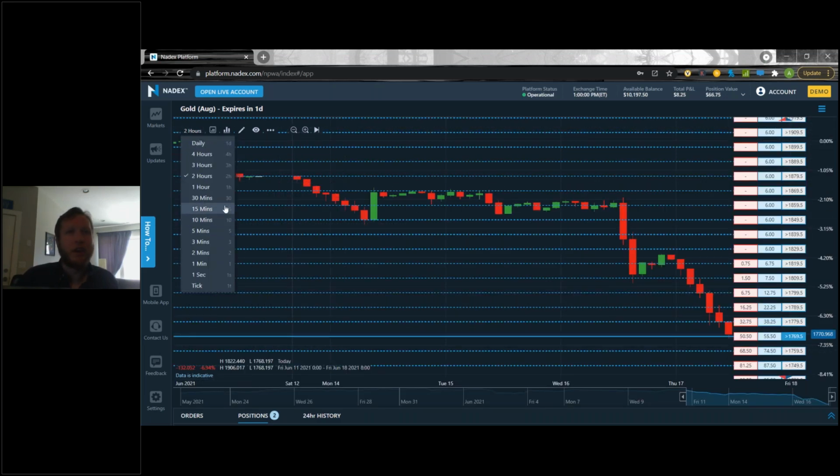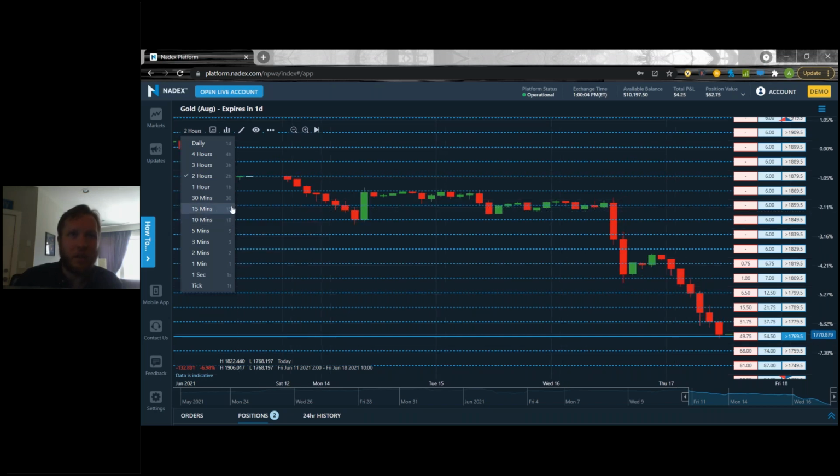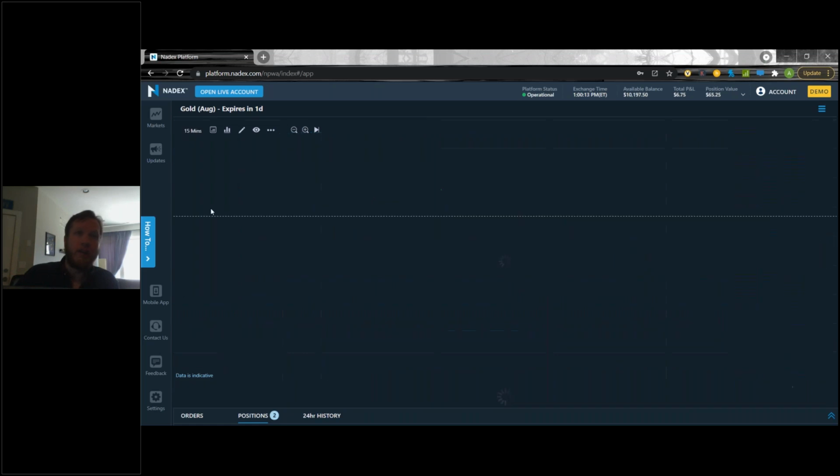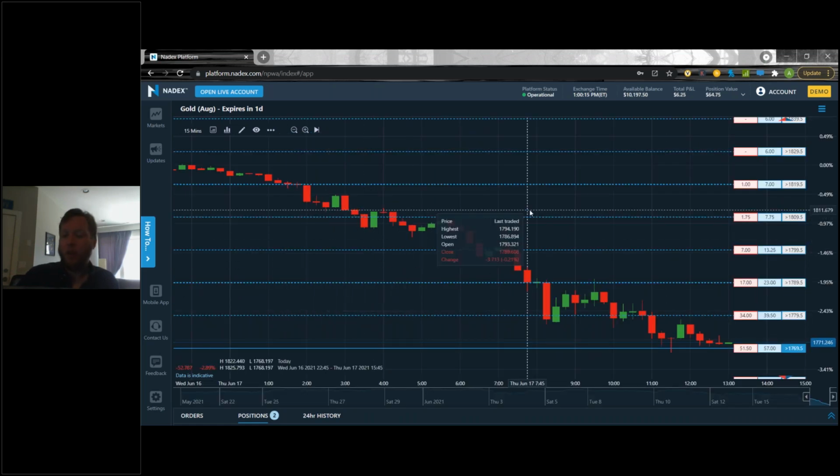Now you see here, as I scroll over, it says 15 minutes and has this little grayed out 15 right here. What this is, these are hotkeys. So I can hit 15 minutes and do it like that, or I can actually type it in on my computer. If I start typing, I have to turn the number lock on.